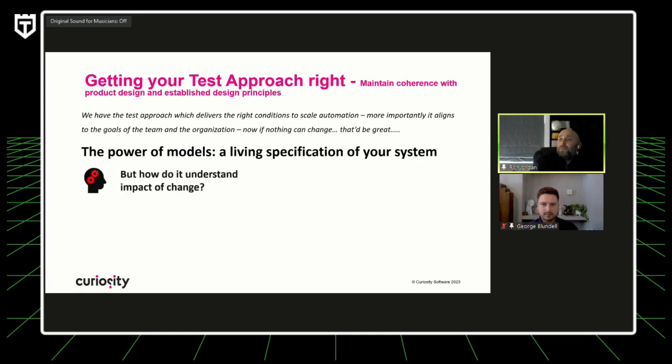So what kind of things does it do? It allows you to understand the impact of change, right? I've touched on it quite a lot. If I've got this system that interfaces with a third party, that third party might make some change. How can I understand the change they're going to make and what impact it's going to have on my internal systems, right? Well, I can model that out and I can make those changes to my wireframes in my Three Amigos conversation, and I can understand where that impact of change is impacting me rather than having to go right the way through the development lifecycle and then finding that in an end-to-end scenario. All right, you don't need to do that. Okay, how can I prevent test bloat?